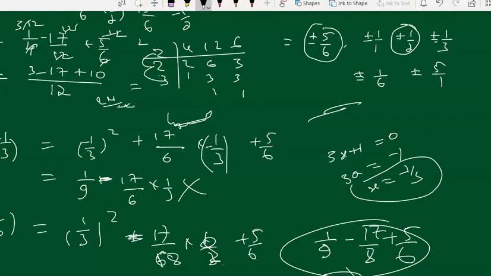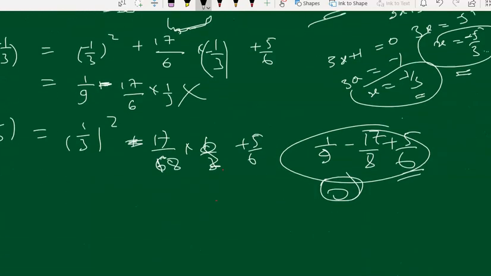And you also do it for one more. We have got 3x plus 5, right? So here 3x is equal to minus 5, x is equal to minus 5 by 3. For minus 5 by 3 also you will get the answer. These are the two values. Okay, I hope you understood. You try with these two things. Minus 1 by 3 if you put, P of minus 1 by 3 will become 0 and P of minus 5 by 3 will also become 0.